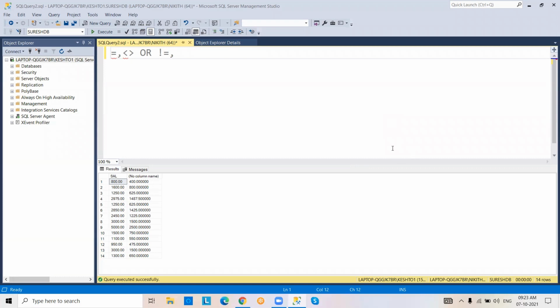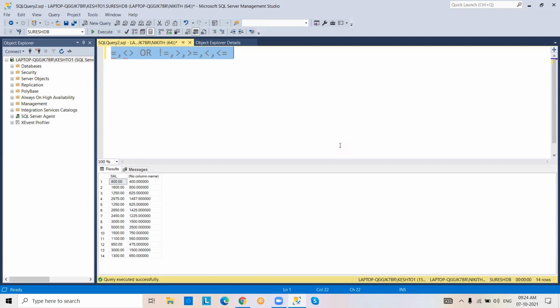So now, coming to next scenario. These are symbols of not equal to. Next, greater than or equal to, less than or equal to. These come under assignment operators.